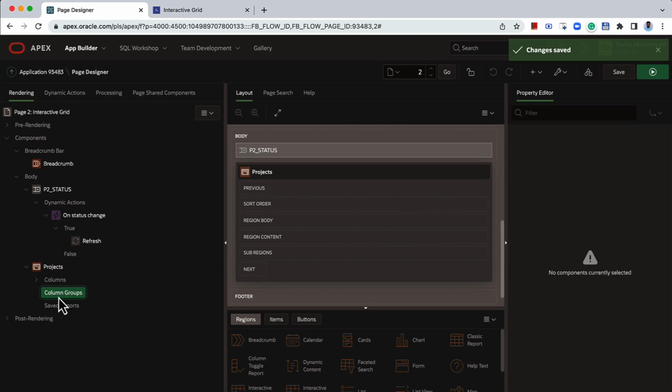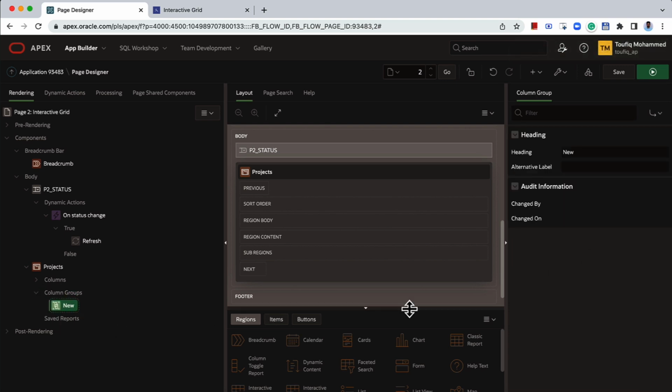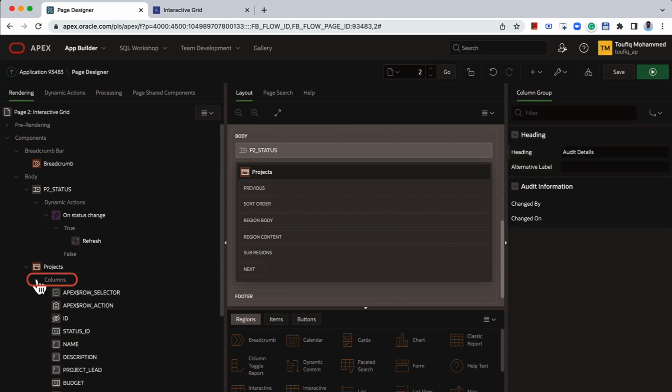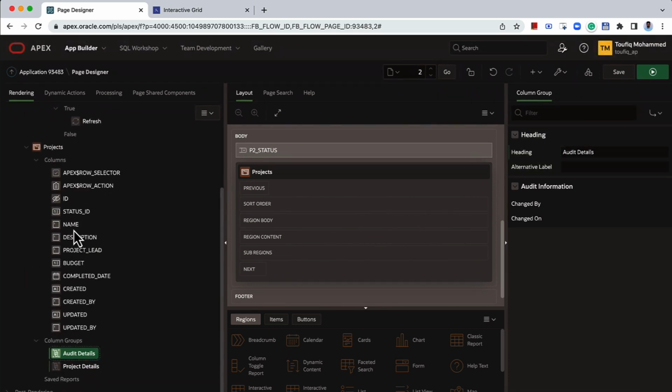columns, there is an attribute called column groups. And simply right click on this and click on create column group. The first column group I'm going to create is project details, and I'm going to create another column group called audit details. With these column groups created, now I can go to the columns and select name,